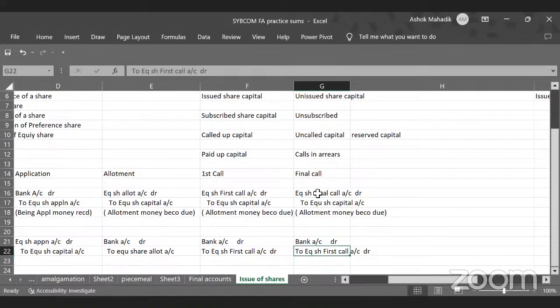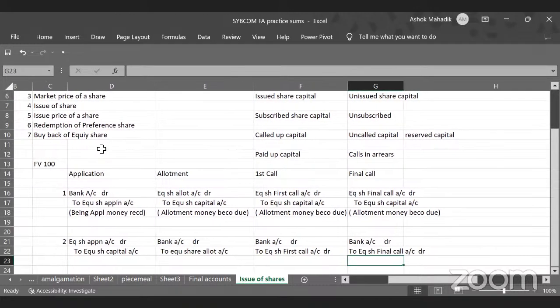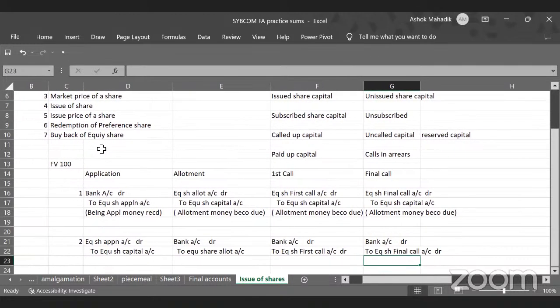In the second entry also, I'll write money received, bank account debit to equity share final call. Clear, students? I hope this is clear. You need to know entries for issue of shares. Then only you will be able to write entries for redemption. Clear? Okay. Now, I have shown you this when share is issued at par,